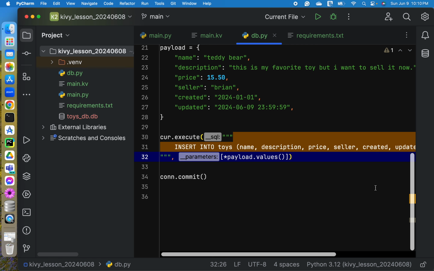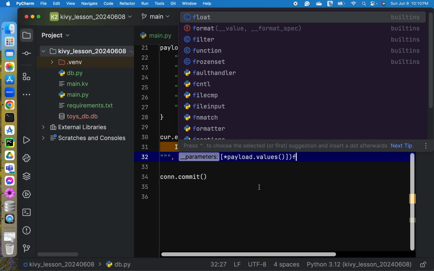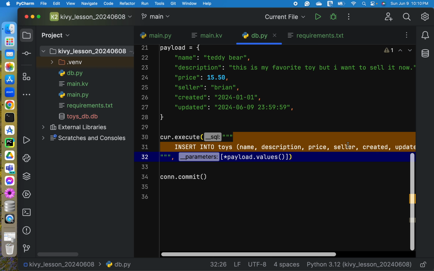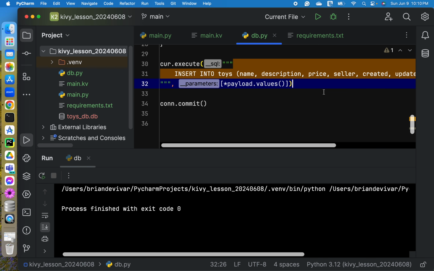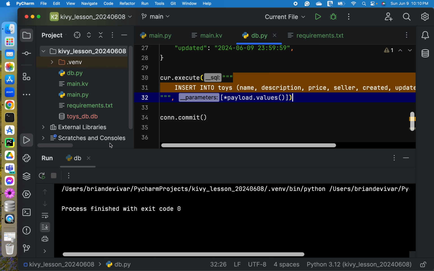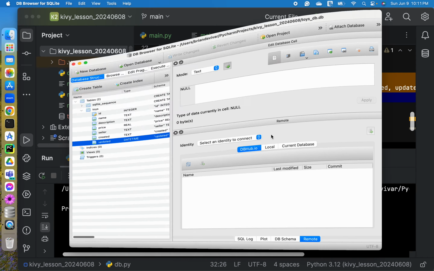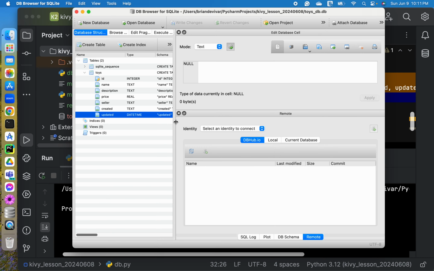Okay, so oops, let's see if this will work. Okay, so there's no error. And let's look at our SQLite browser.